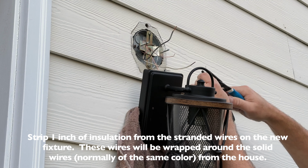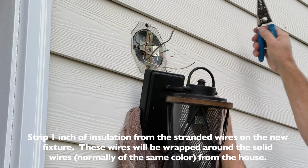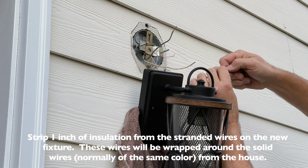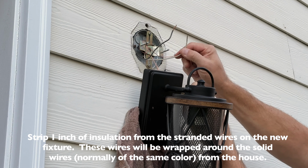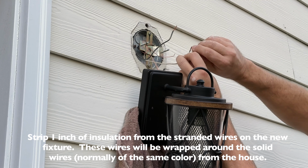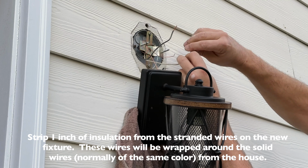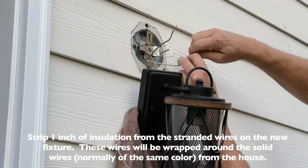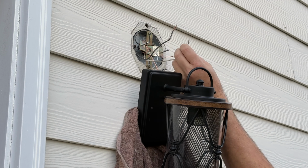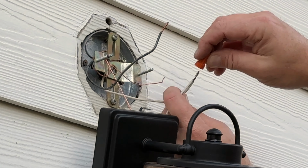And the reason is you're wrapping this one, typically you're wrapping this one around the house wire, this one here. And because you're doing the wrapping, you just need a little bit more material to work with. So by the time you get it wrapped, it's at a 1/2 inch. Put on